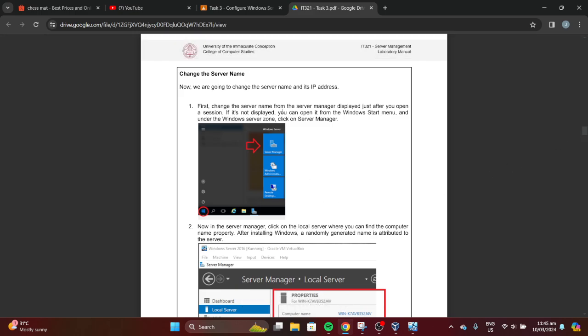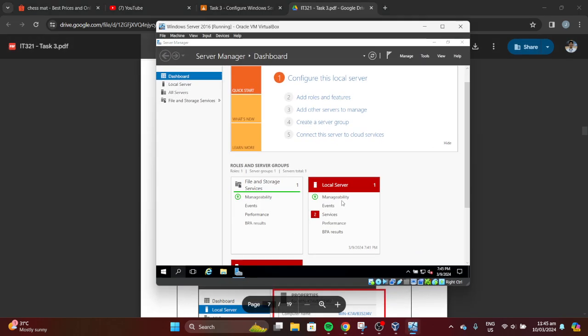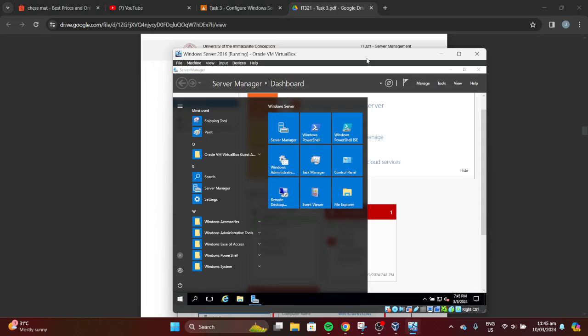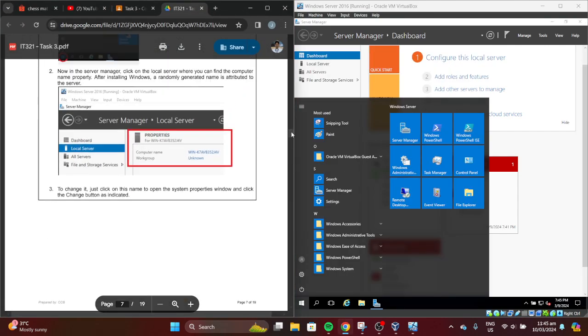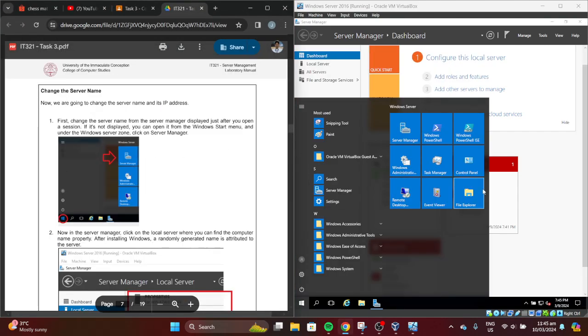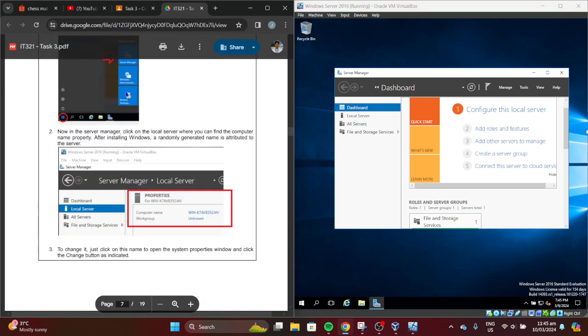First, choose a server name from Server Manager, displayed just after you open a session. If not displayed, you can open Server Manager, Local Server.